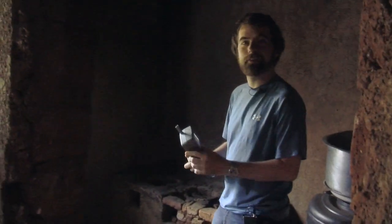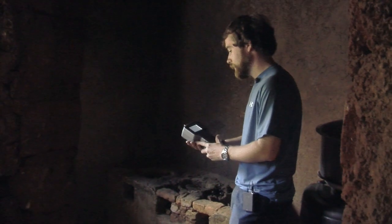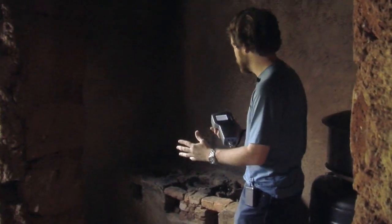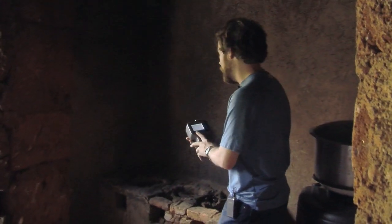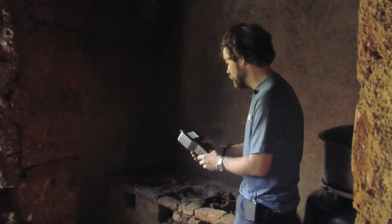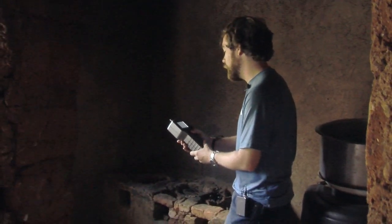Right, we good? So this is the kitchen. What I'm going to do first is take just a baseline measurement of the kitchen before the fire is lit to see what the ambient particle counts inside are. My guess is that we'll see something pretty similar to what we saw before. Actually,